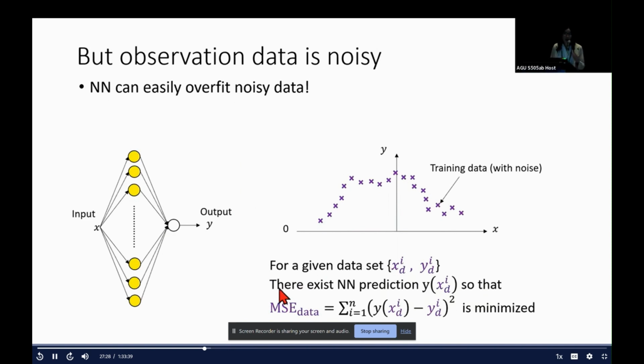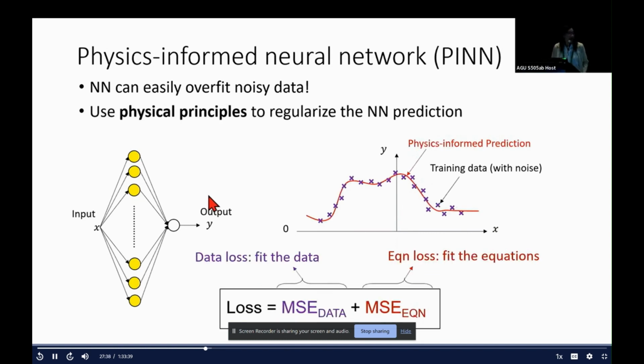However, we know that our data is almost certainly noisy. So if we minimize the mean square error, we can easily overfit the noise in the data. And to address this problem, we can use physical principles to regularize the neural network predictions. So suppose the output y as a function of x is now governed by some physics equations. We can ask the neural network prediction to not only fit the training data, but also obey the equations that